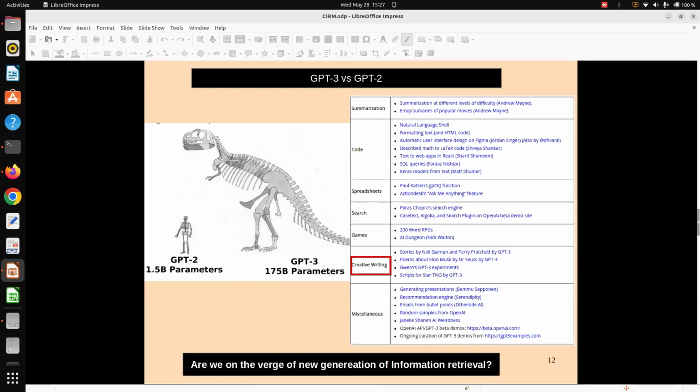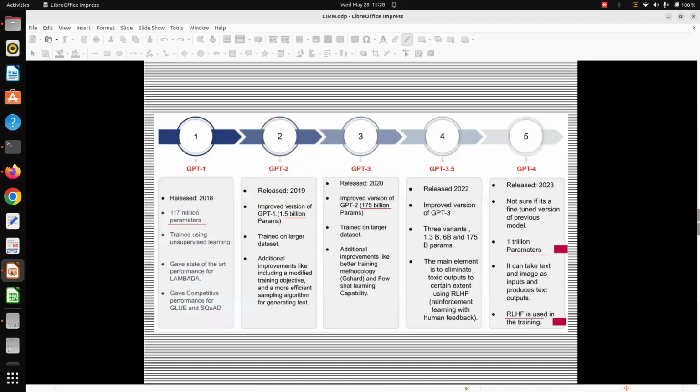So that kind of imagination and creativity is now introduced through this huge amount of parameters and data points. And that's the difference between GPT-2 and GPT-3. In comparison with many other striking differences, this is basically the most striking difference. Now, if you go through this race again, even if you take the case of GPT models by OpenAI,